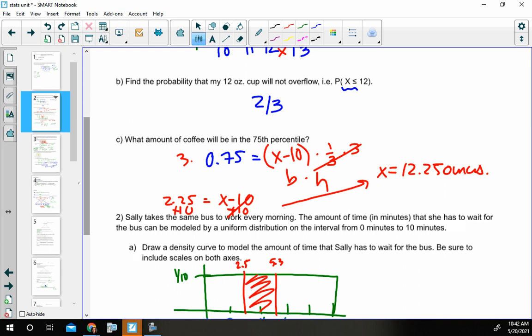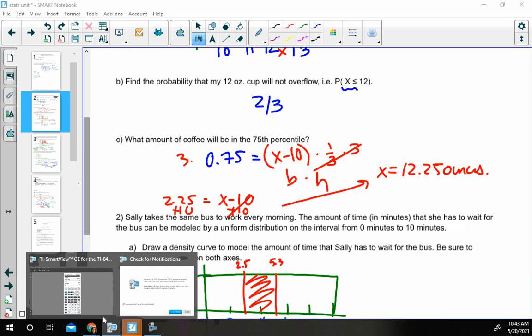Did you do 3 times 0.75 and get 12.225? Would you want to divide by 1... No, here's where, okay guys, let me throw it up here so you can actually see. You can do that, you just have to be very picky with how you type it in your calculator, which if you're doing it on your phone, it's not going to work.